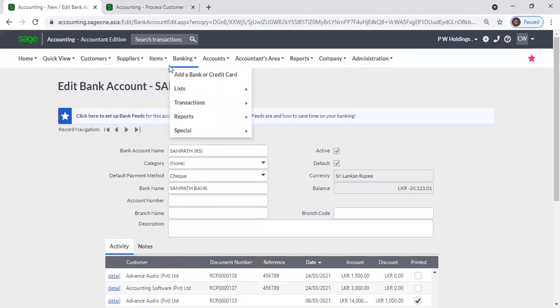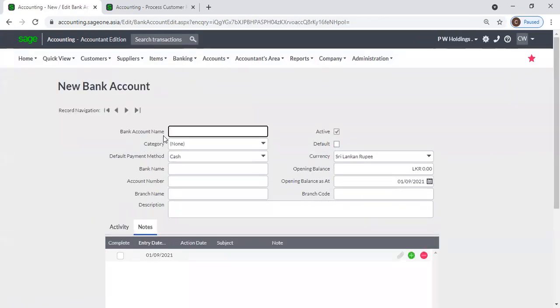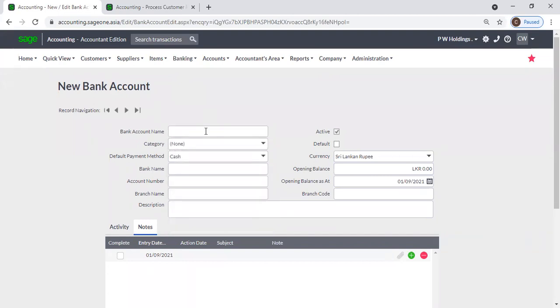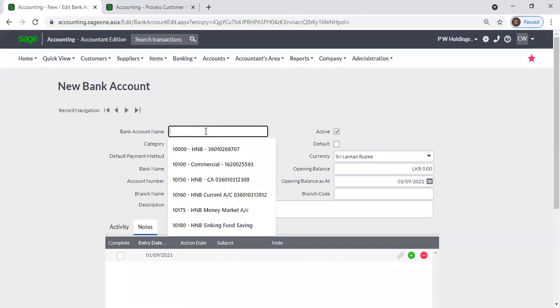And when you create a bank account, I'll repeat it again. Go to banking, add a bank or credit card. Enter your bank account name. Now in here, sometimes the same bank may have two bank accounts. For an example, you have two Sampath bank accounts. In that case, you can enter Sampath bank 001 or Sampath bank and the account number